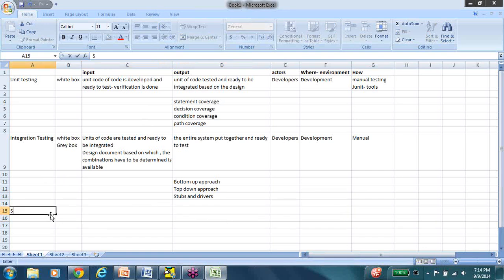Okay, so next we'll move on to system testing. This is the area that is very, very relevant and of extreme importance and interest to us. So system testing is clearly black box because we don't deal anything with the code or how it is organized, how it is designed, all of that. We are not very concerned with any of that information. The input to this phase is